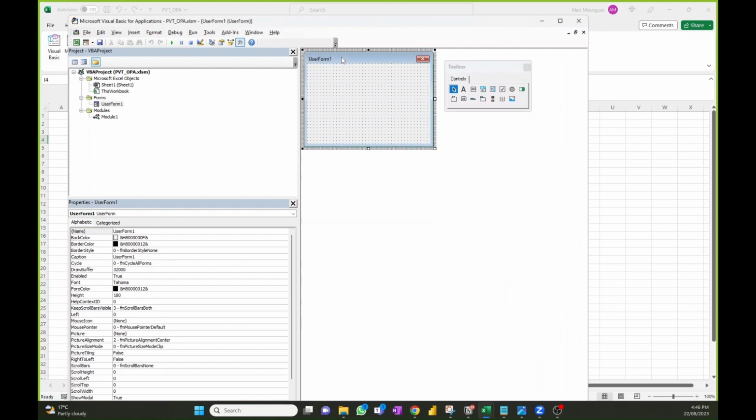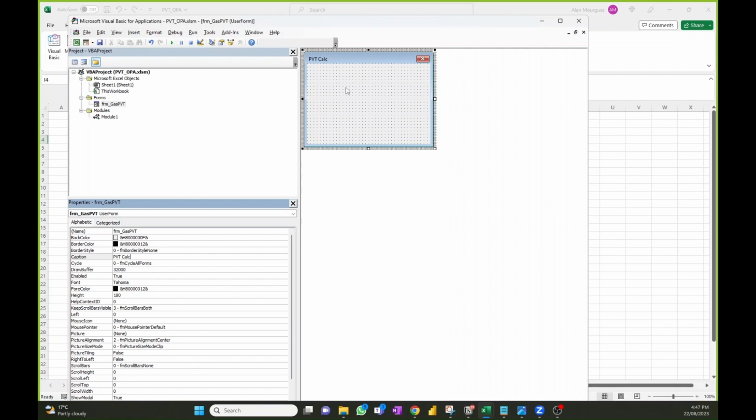So the first thing we want to do is you click on the element and you want to give that a name. So let's say that's called PVT. That's the name of our form element. You need to give it a name that is going to mean something logical to you when you first look at it. So frm for form, and then let's say this is a gas PVT. And the caption is what actually shows on the form itself. So the caption UserForm1 is what shows there. So this is the internal name of the element. This is what you want that to display. So let's say PVT